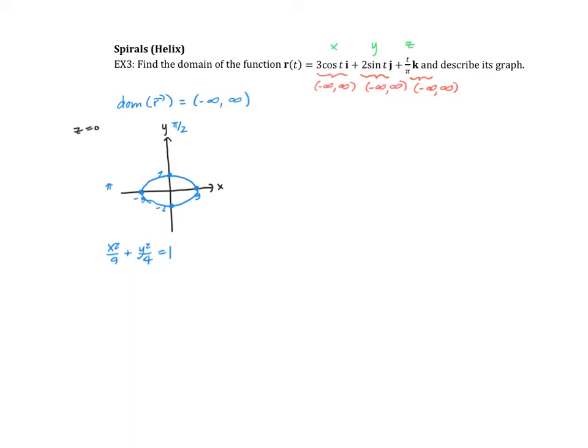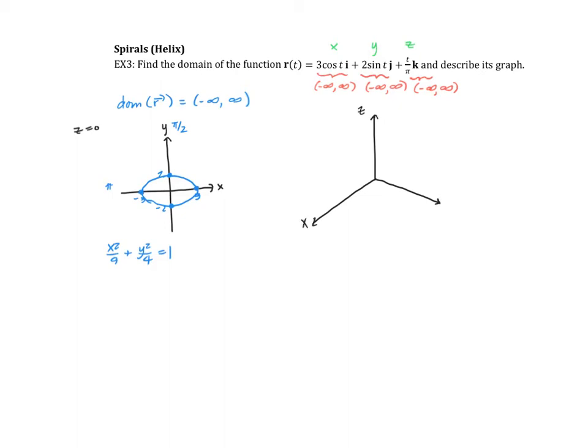So now look at the z value. As t values get larger and larger and larger, so does the z value. As the t values get smaller and smaller and we're going in the negative direction, the z values go down in the negative direction. So if I were to graph this by hand, again, it's not required that you graph it by hand. However, if I were to graph this by hand,